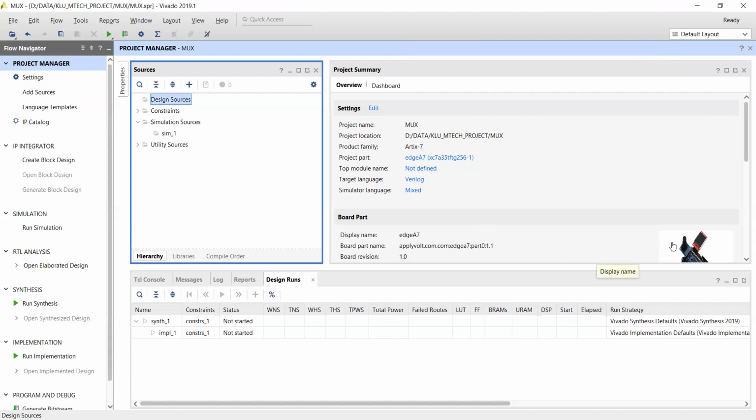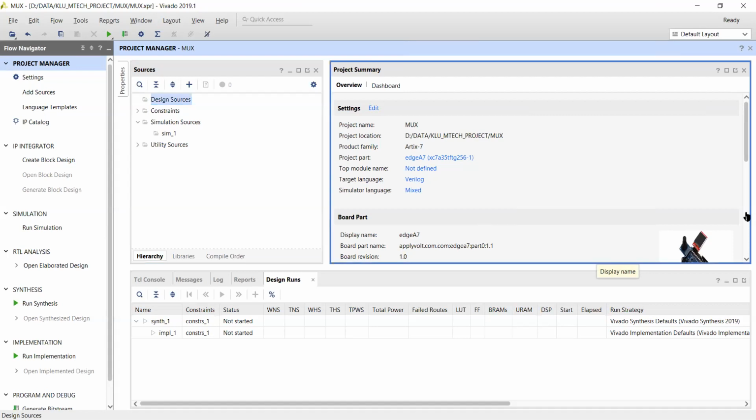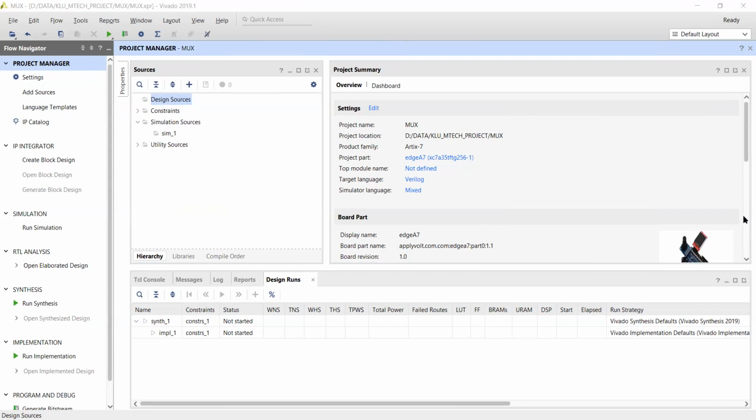The targeted device is this FPGA board. You can see this FPGA board has some switches, some LEDs and a 7-segment display, as well as some sensors.